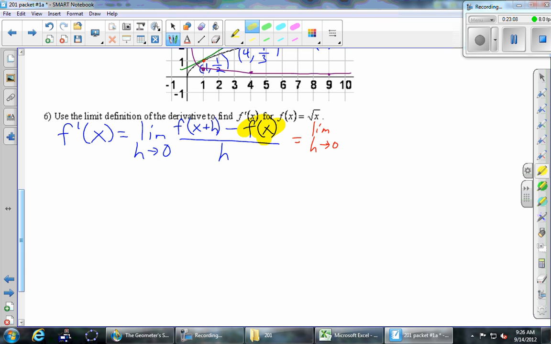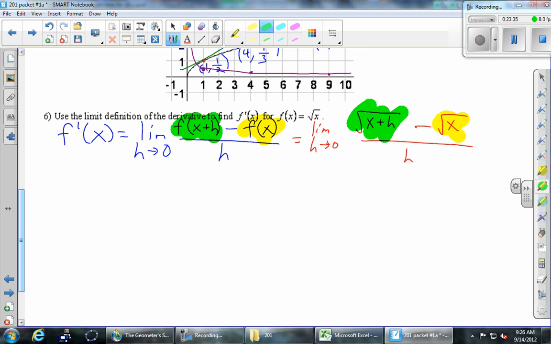So right over here, we've got this minus square root of x. Downstairs, still an h. The first thing, that's the tricky thing. f of x plus h. It means you are plugging in, instead of the x in the formula, you are putting x plus h. What is it? It's the square root of x plus h. If your h is on the outside, you're going nowhere in this problem. That h is inside of the function. It's part of the input.